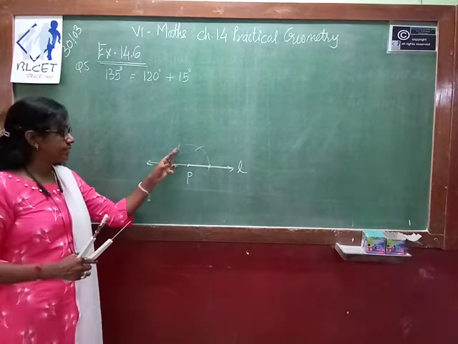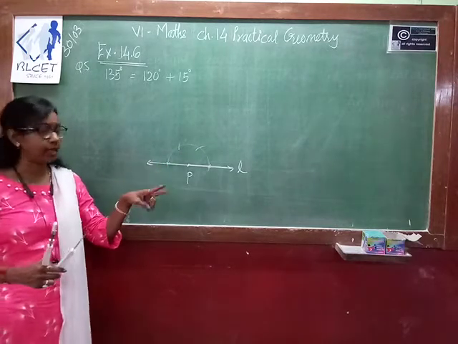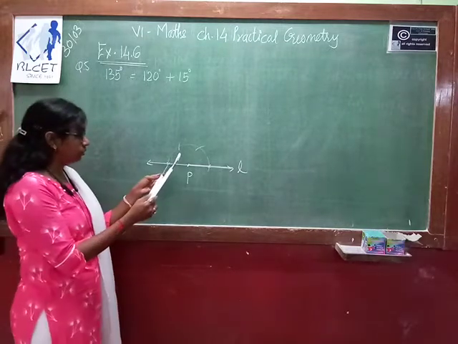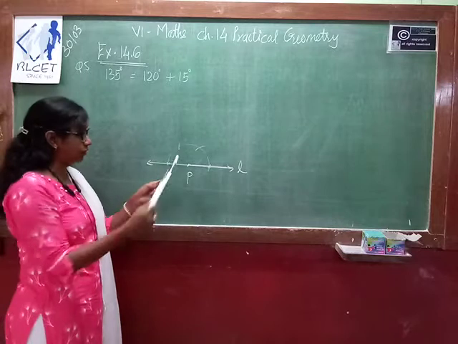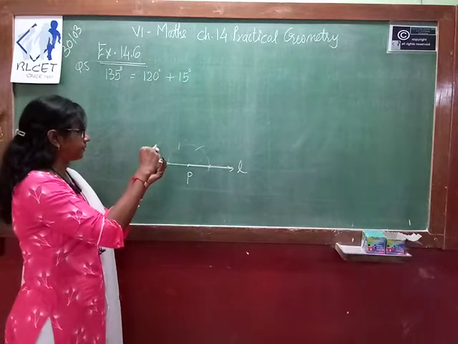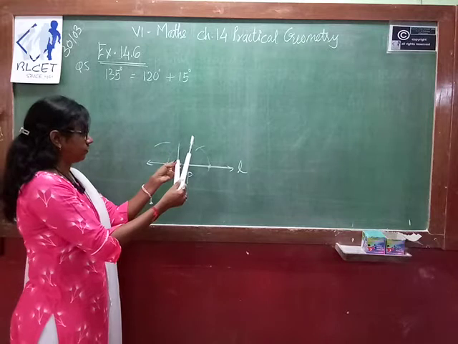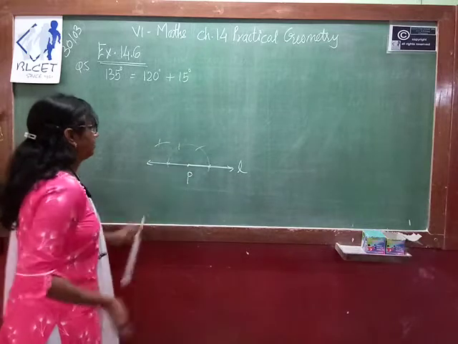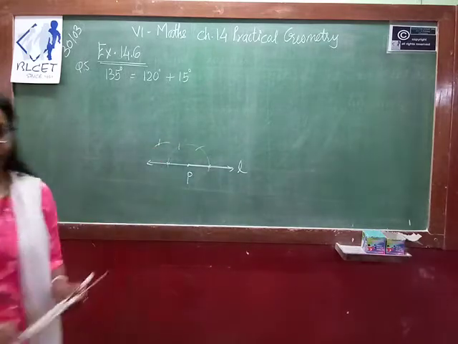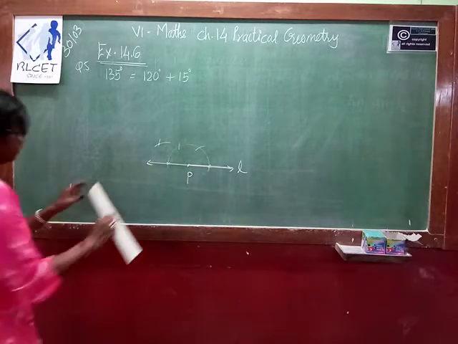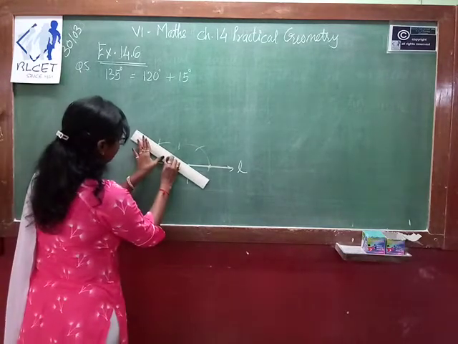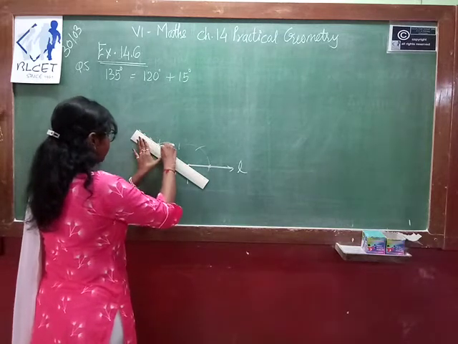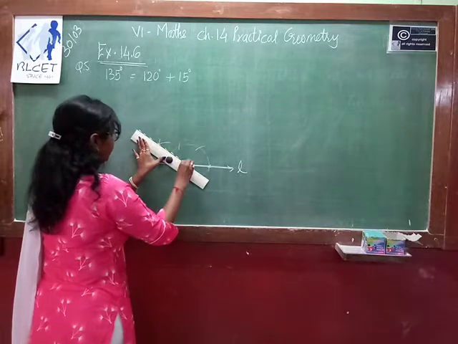Now this 60 we have to divide two times. If you bisect this one time, you get 30 degree. Again if you bisect, you get 15 degree. The distance is known, so we bisect this angle first. From here, bisect. We get one intersecting point. Now join these 2 points P and Q with a dotted line, because this is not our required construction. So we represent this as a dotted line.